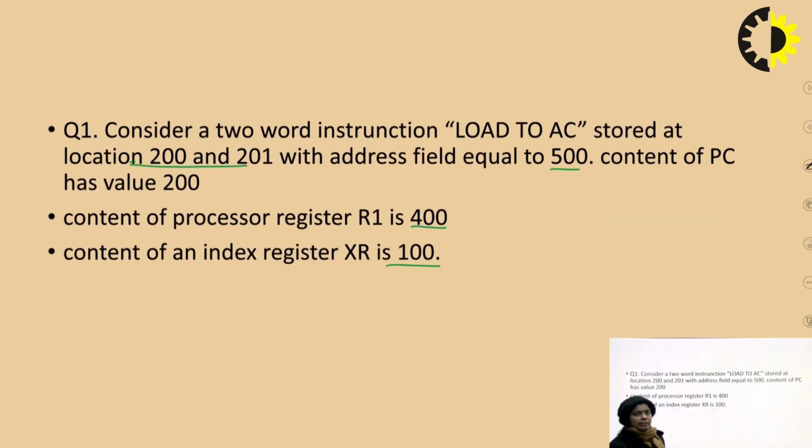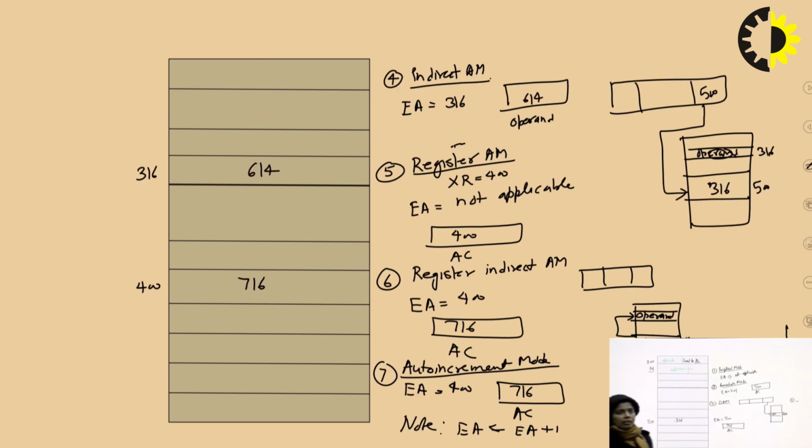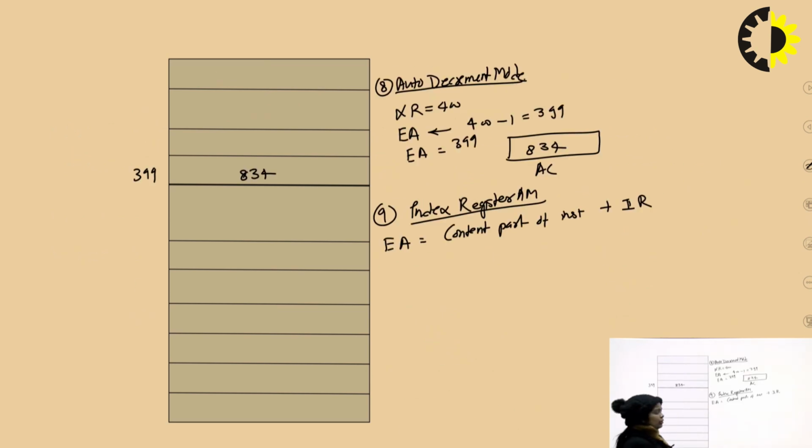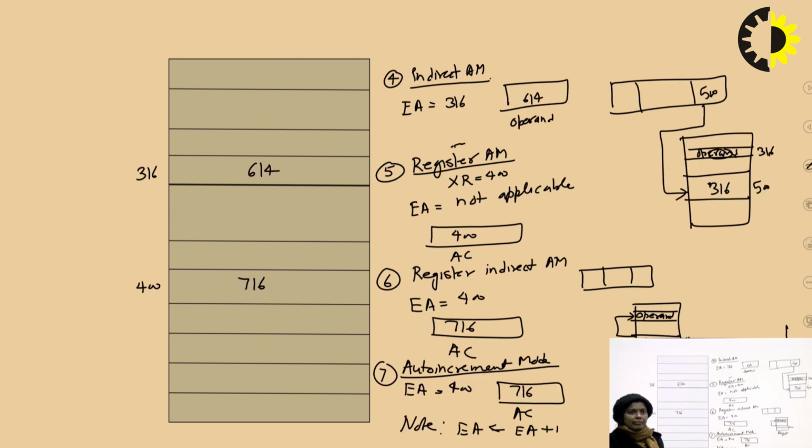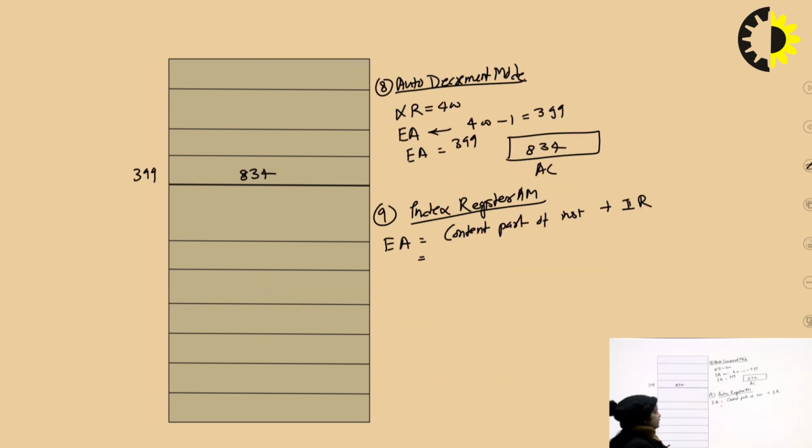You can see in the question that the index register value is 100 and the content part of the instruction is 500. So, in the index register mode, 500 plus IR, which is 100,